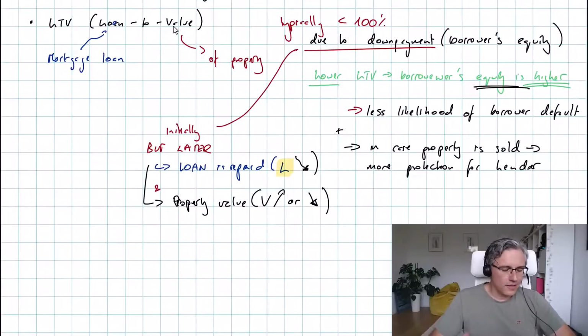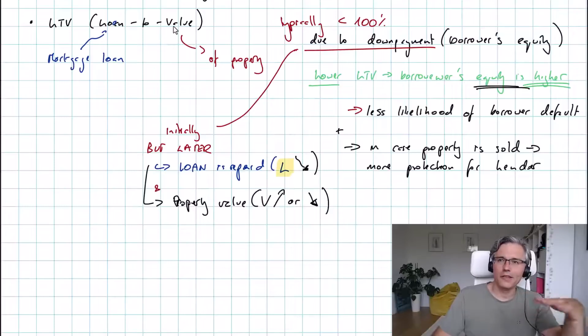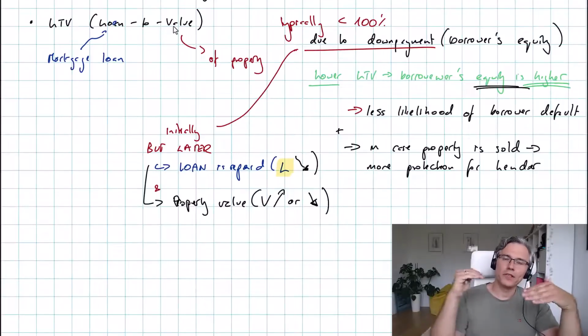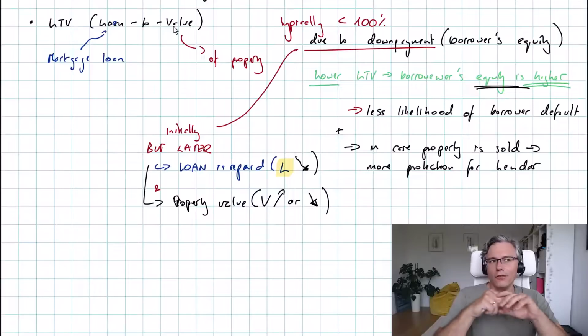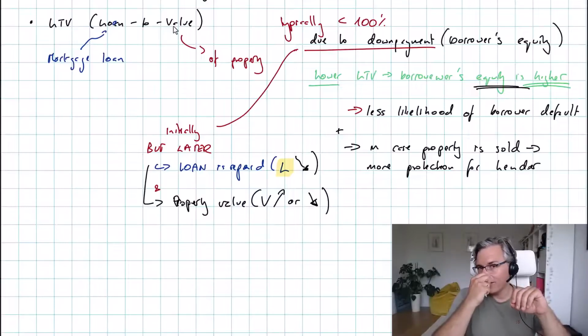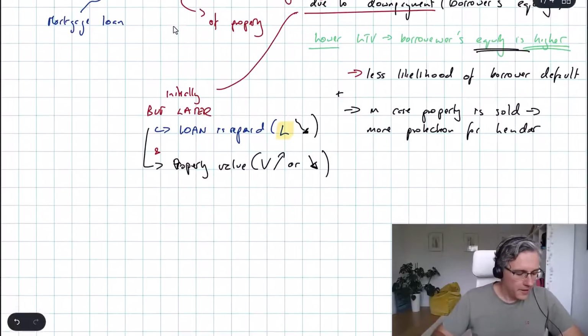It is difficult to decide up front what will happen to the LTV, and sometimes, despite the principal of the loan being repaid, the drop in the value of the property is so big that we end up with so-called underwater mortgages, where the value of the loan is higher than the value of the property itself, and we'll talk about that later on.